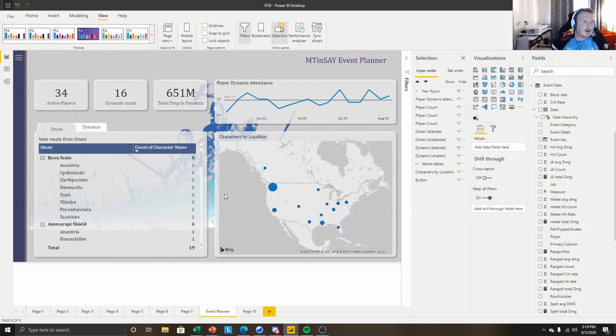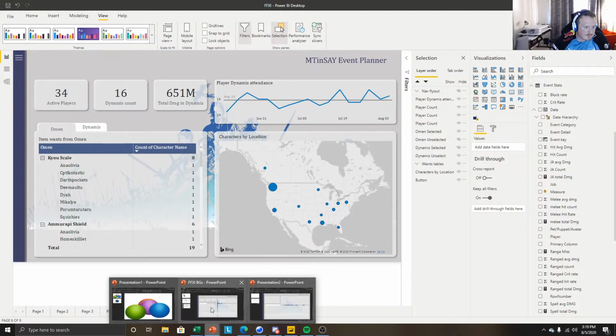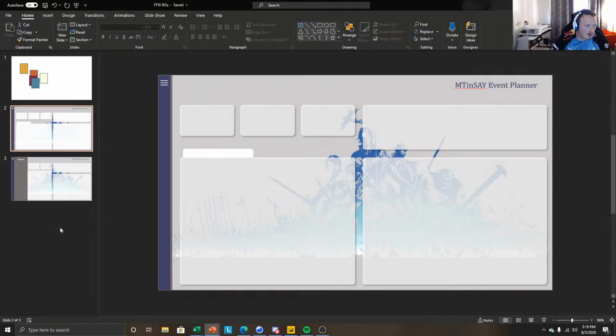And this one is going to be all about diving into this event stats table and figuring out, over time as an individual, as you've made your character better, are you stronger in certain areas, or did this new thing that you're trying this week help out or actually hurt you, that kind of thing. So I'm going to go back to PowerPoint,